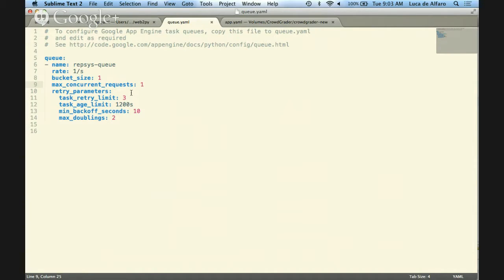The minimum back off is 10 seconds. So if my run fails, I try at least 10 seconds later, and then I do 2 doublings. So I try after 10 seconds. If I fail again, I try after 20 seconds. If I fail again, I wait 40 seconds and then I try again.